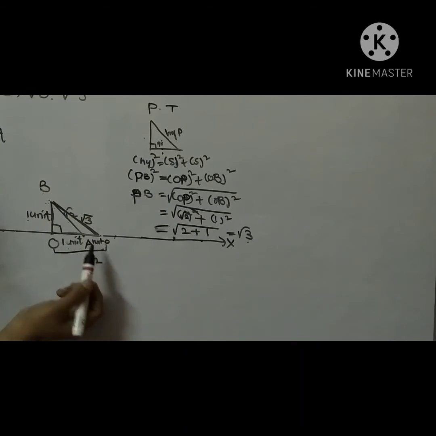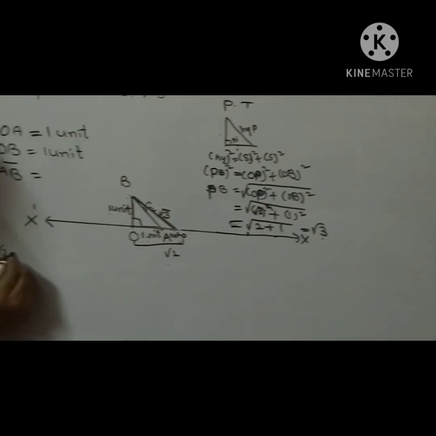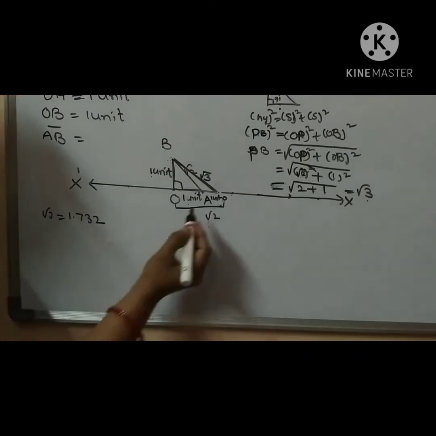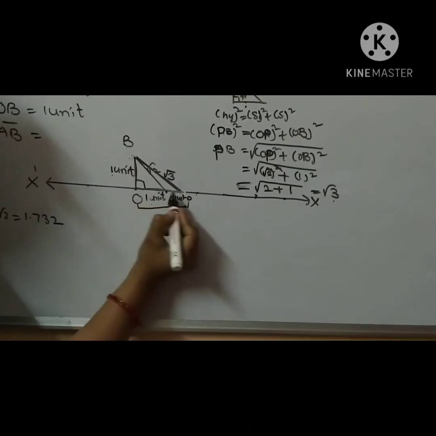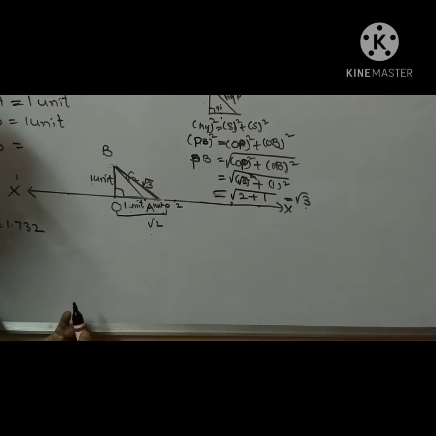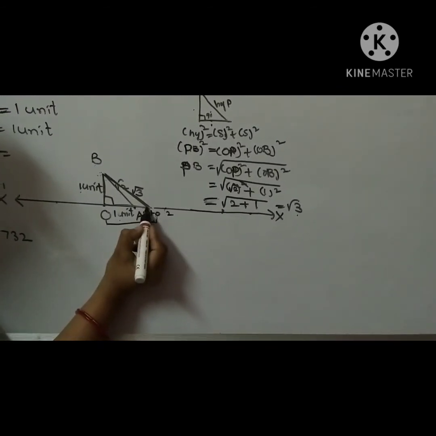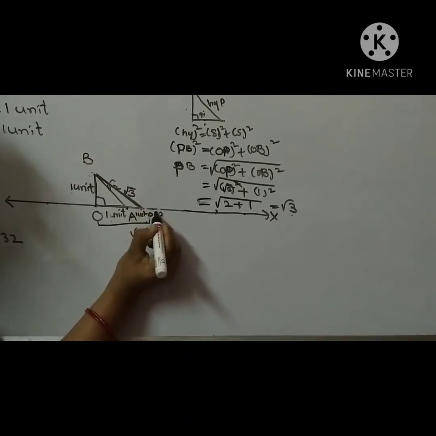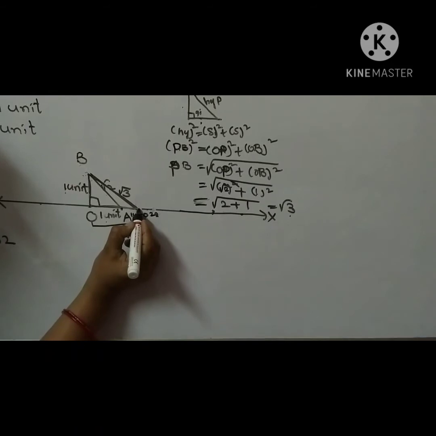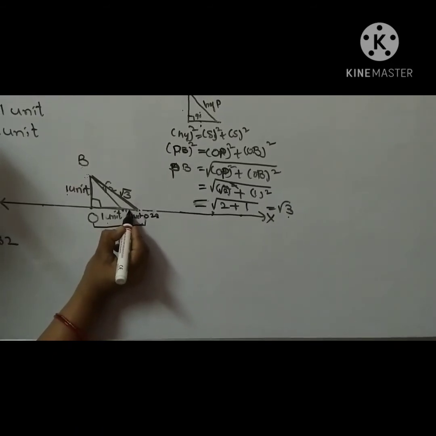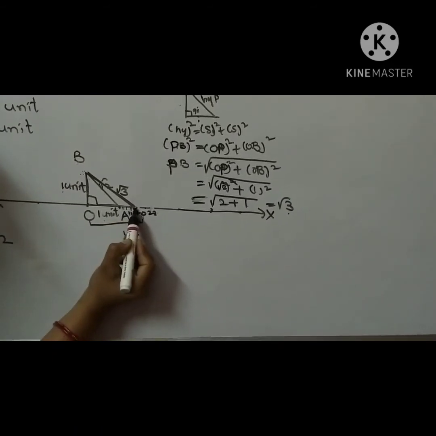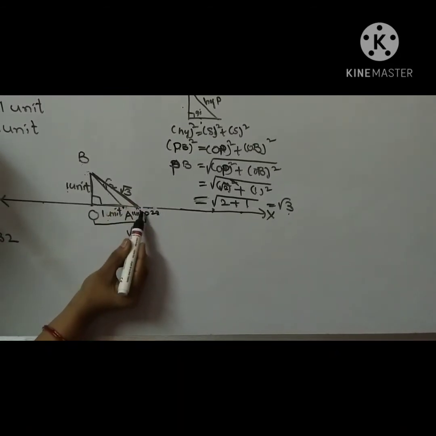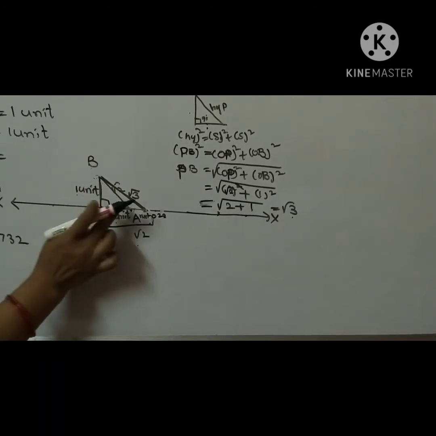For example, the value of root 3 is 1.732. It means from here to here, 1, 2. Okay children. So the middle of the point is 1.5. After 1, write 1.5. Keep 1.1, 1.2, 1.3, 1.4, 1.5 like that. Did you understand, children? Actually the root 3 value is 1.73, so it is correct.